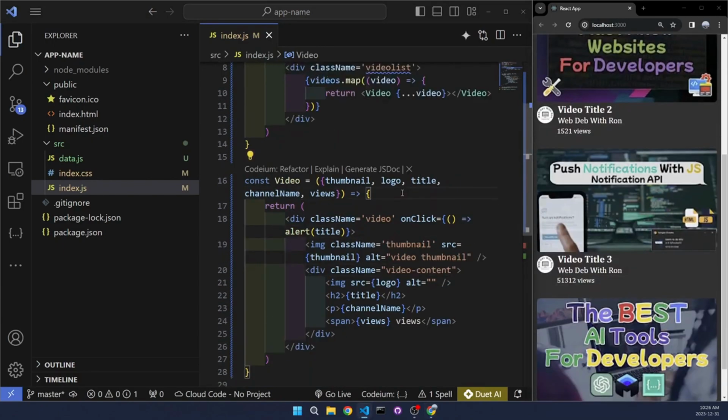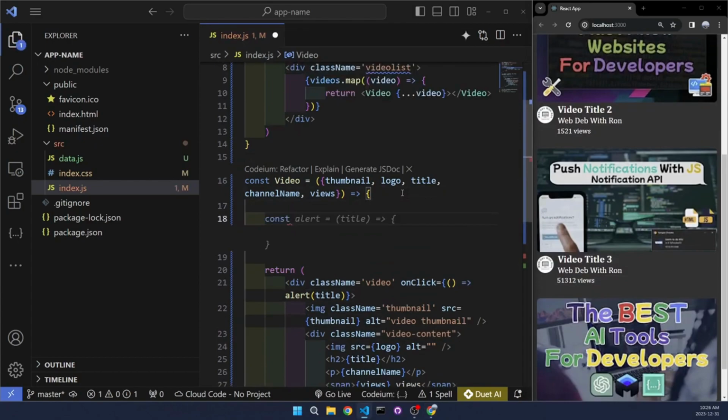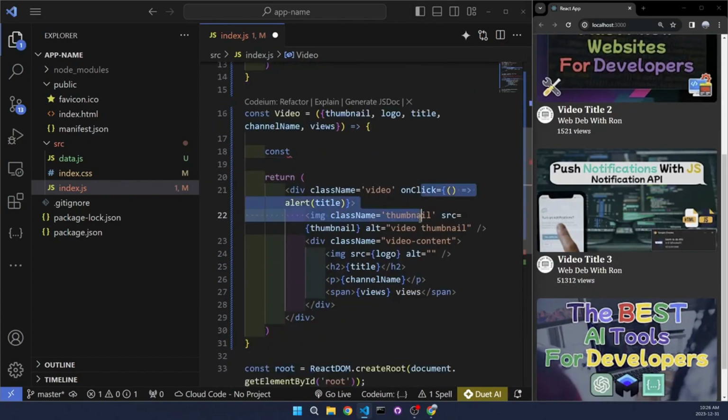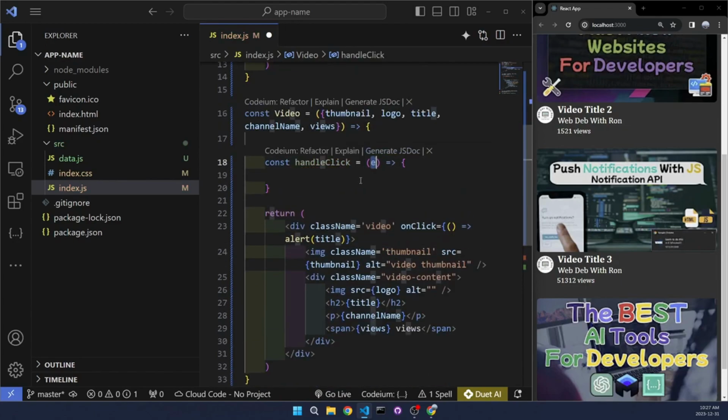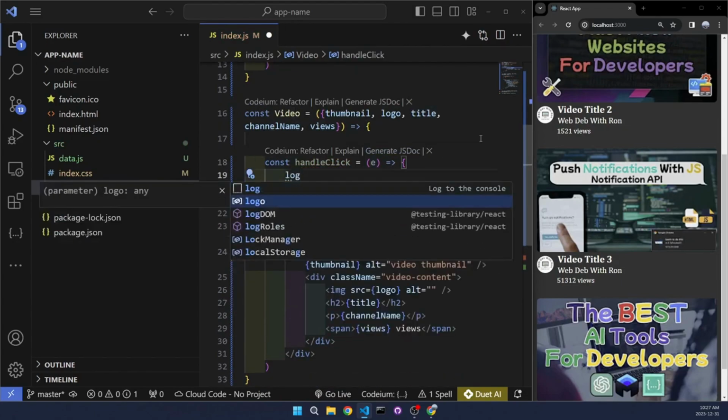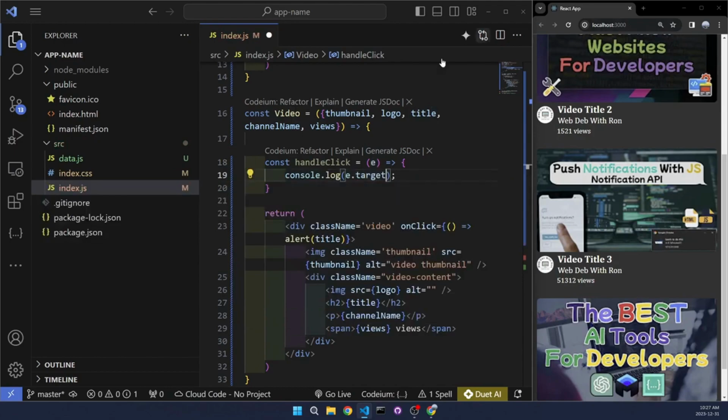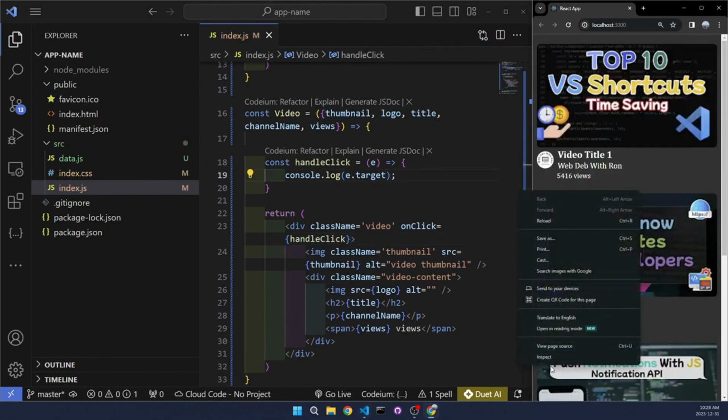And the other way to do it is actually just to create a separate function. And usually the way you would name it, this one's going to be on click, so you would write handle and then click. You'd usually write the event here, and then we can console log e.target, and then let's just console log the element. And now we can write the name of the function inside of our onClick attribute here